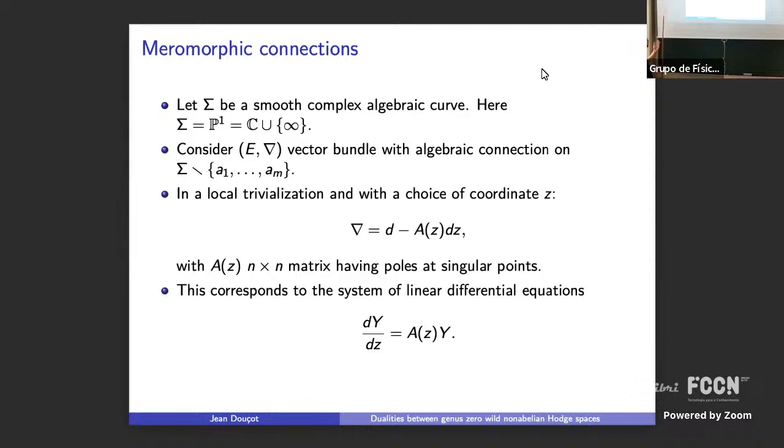A bit more explicitly, if you choose a trivialization locally of your bundle, such a connection is just an operator nabla equal d minus A(z) dz, where A is an n by n square matrix, which may have poles at the singular points. This is just a slightly more geometric viewpoint on those very classical objects that are systems of linear differential equations, because a horizontal section of this connection is just a vector y, which is a solution of this system